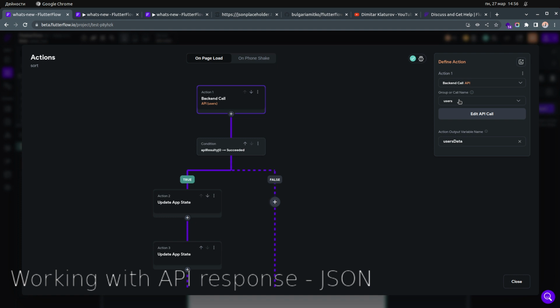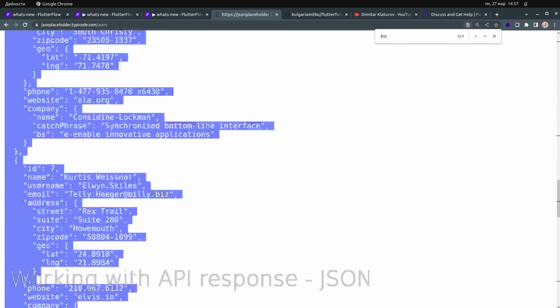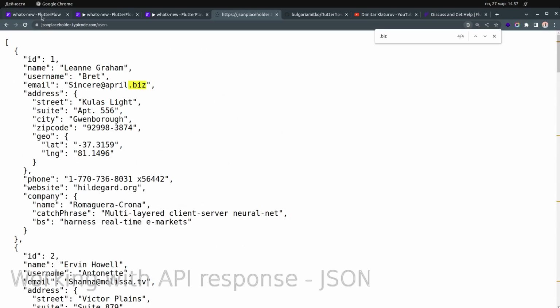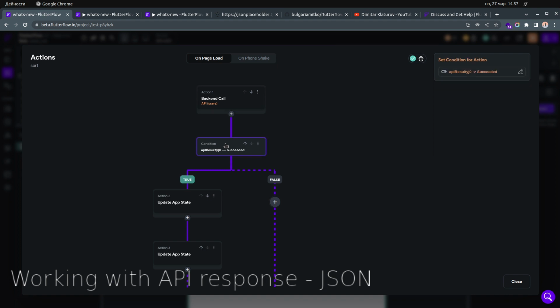This users call will return, in my case, and the most important part is that you have this action output variable name, which in my case is users data, and it will actually be the whole JSON. So imagine that everything here will be inside this variable users data. And then I make here